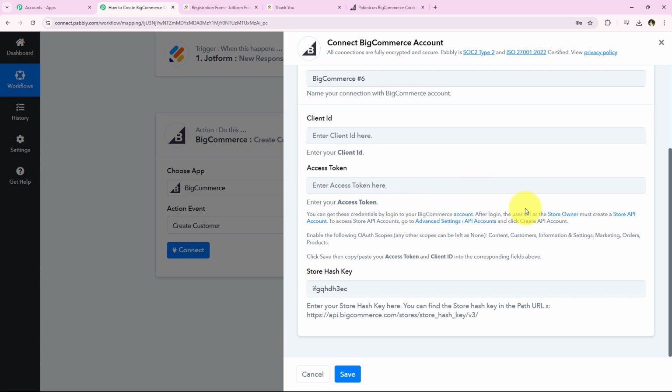After login, the user, as the store owner, must create a store API account. To access the store API account, go to advanced settings, then API accounts, and click on create API account. We have to follow the same steps, but as you can notice, there's a hyperlink on this API accounts, so we have to click on it directly so that we can be directed